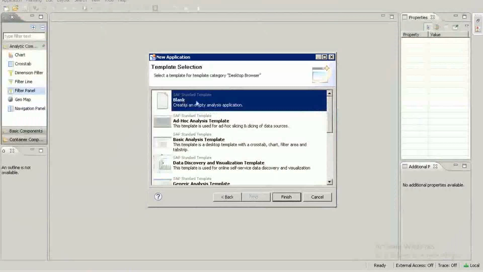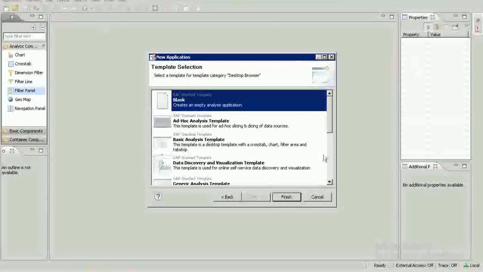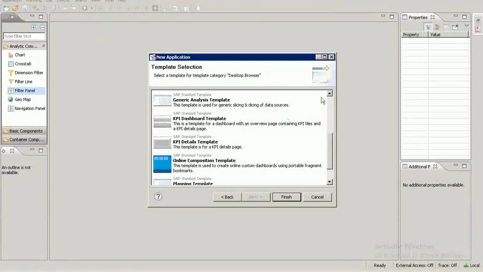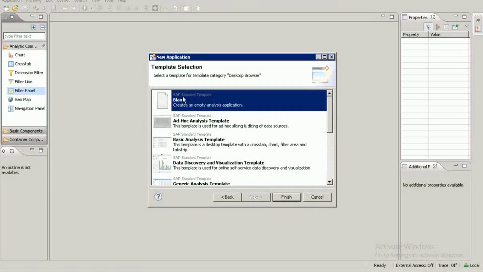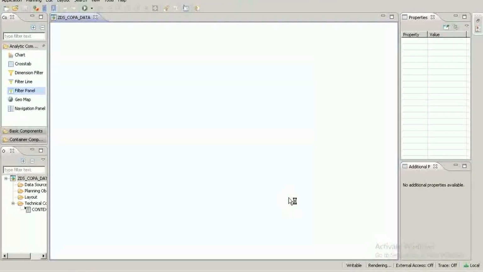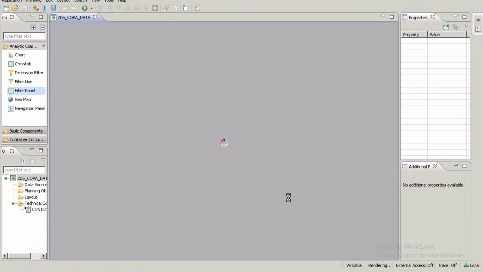Click Next. You have different templates over here: ad hoc analysis template, basic analysis template. So these are different templates. All these are standard templates that SAP has given. I'll use a standard template and click Finish. So once you click Finish,